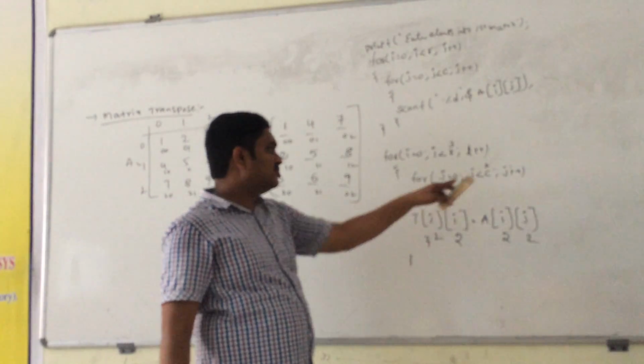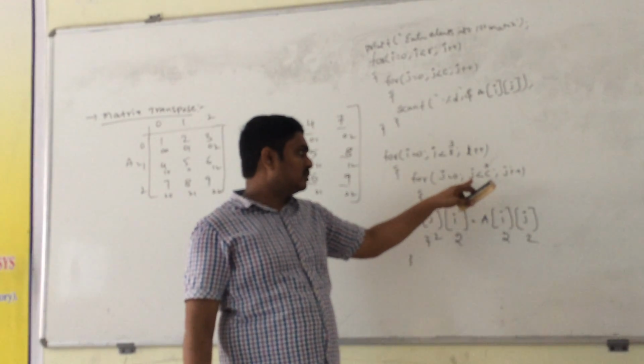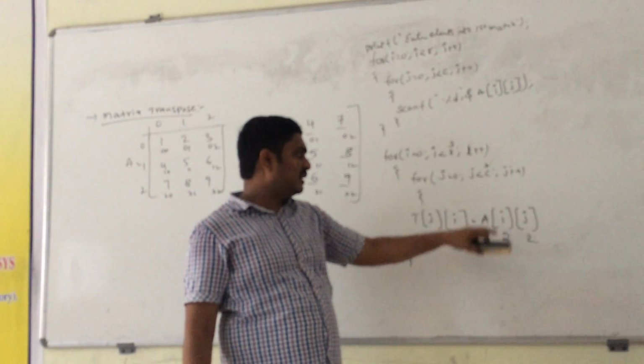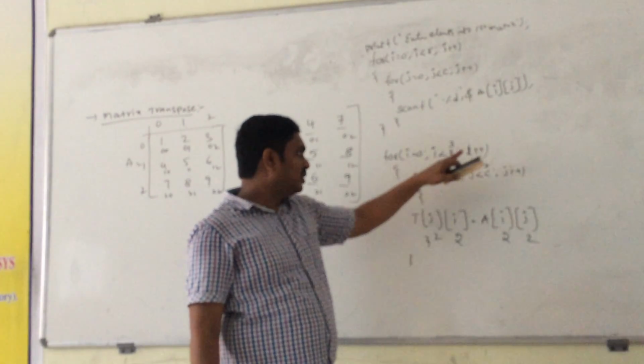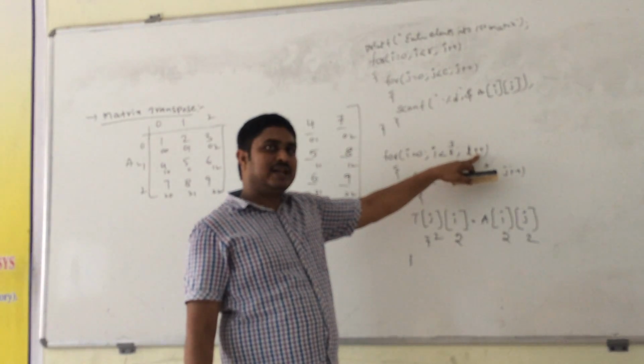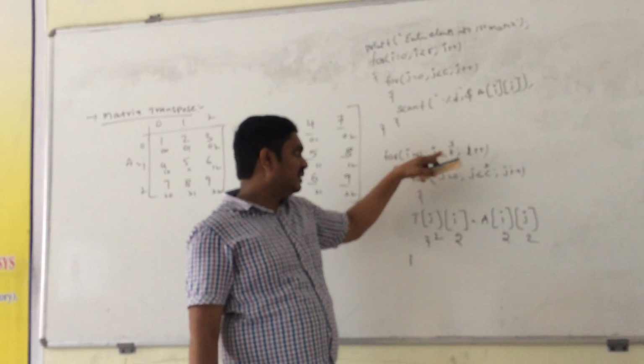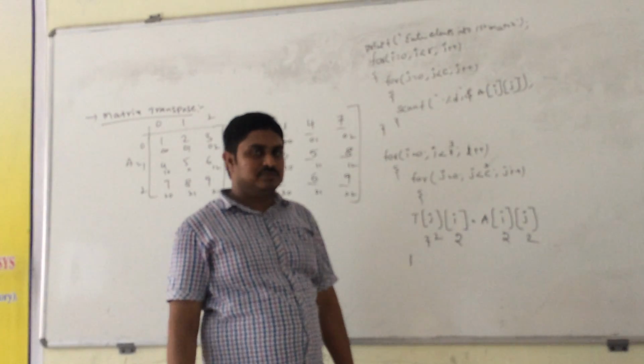It is the end of the loop, j value incremented. So j will become 3, 3 less than 3, condition false. It terminates the inner for loop. Here also termination of the outer loop. So i value is incremented, i will become 3 and 3 less than 3 is false. So it also terminates the loop.